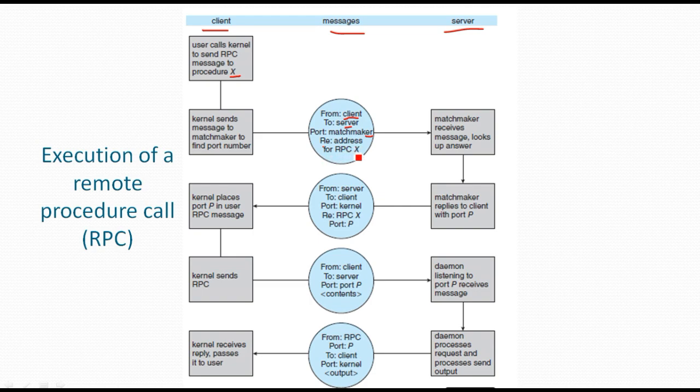Now the matchmaker receives the message, looks up the answer from the server side, and replies to the client with port P. Now the reply is from server to the client, and the port is the kernel.